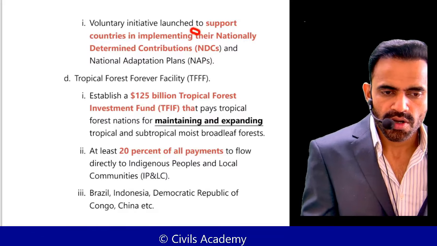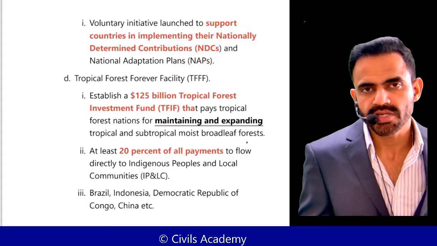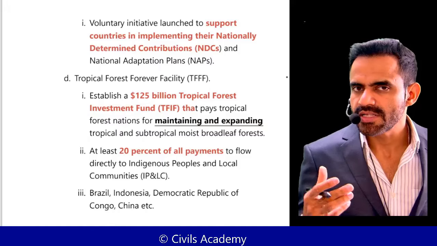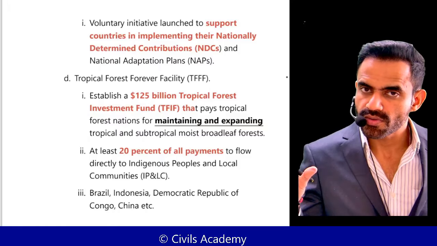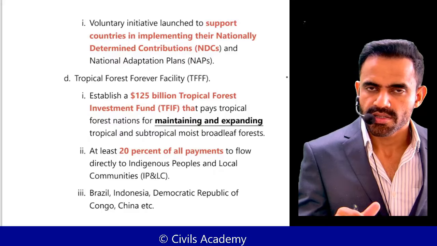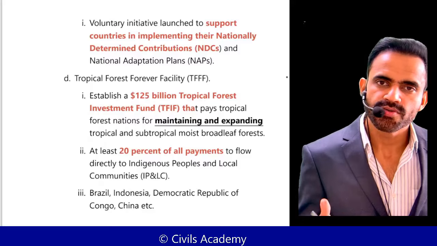So the objective is to provide support to those countries who are implementing their NDC. What is NDC? Nationally Determined Contribution. Understand the concept of NDC. Every country will specify their target, that they are going to take these steps to deal with the climate change. So every country will specify it, and then this is how we are planning to tackle the issue of climate